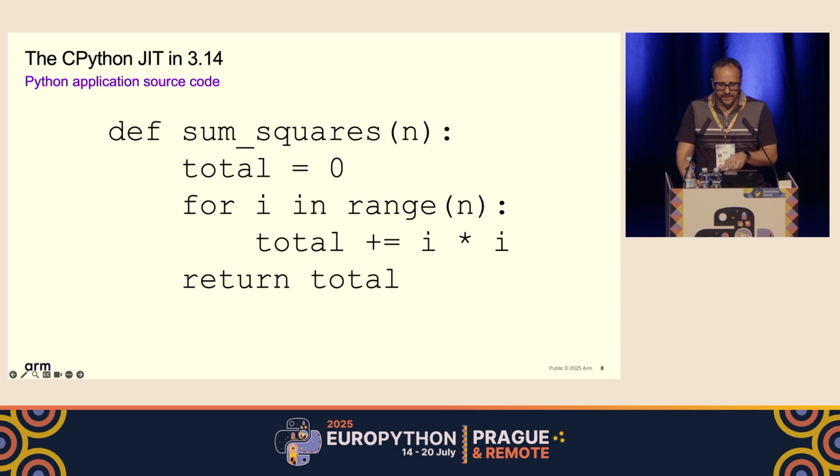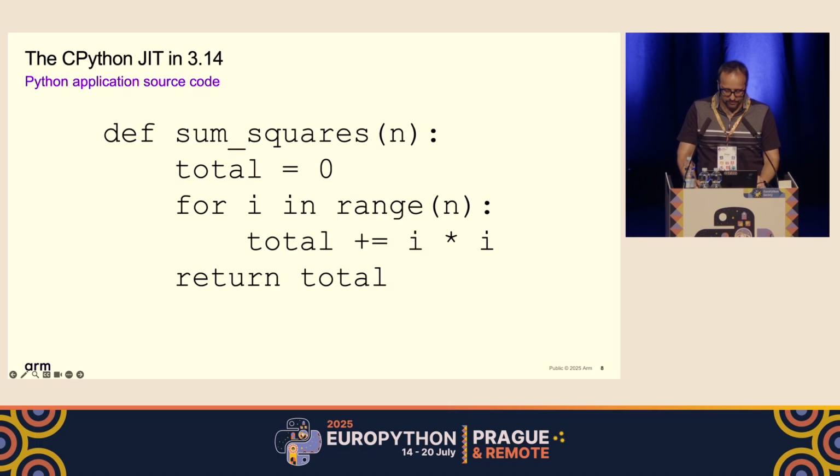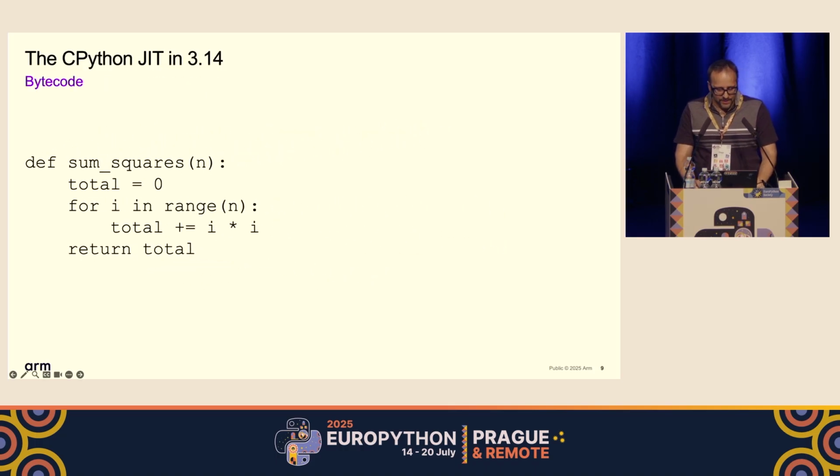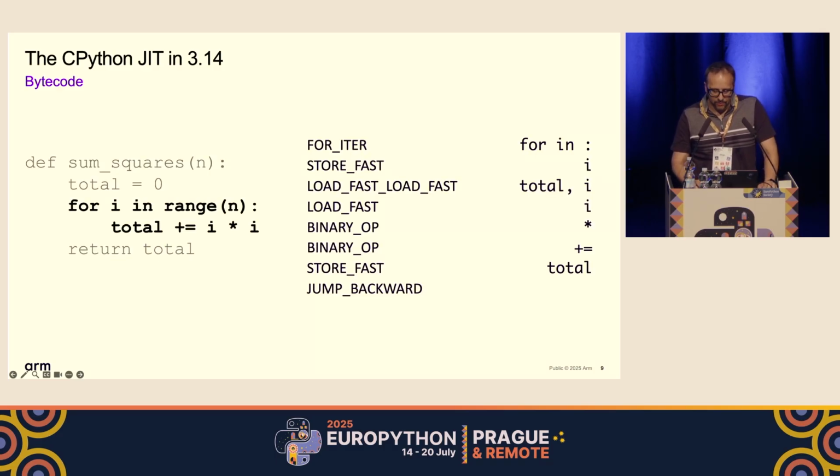Despite being simple, this function contains all the right ingredients to demonstrate the CPython JIT pipeline. A loop which can become hot. There are integer operations that can be specialized, and the structure can be easily lowered into micro-ops and optimized. Let's focus only on the for loop. And this is the respective bytecode for the loop